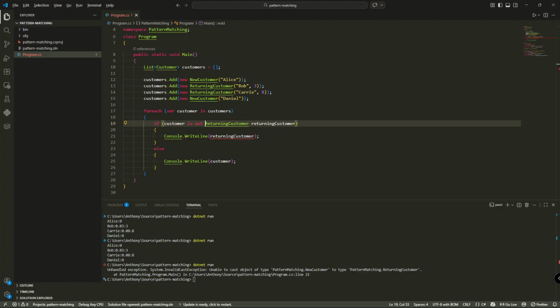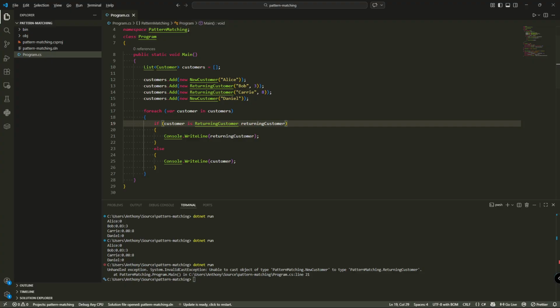So the most common way you see it is this, let's remove the not, some kind of if check where you're checking is it of that type, and it's handling the cast, doing the type check and assigning the variable all by itself. Another time you'll see it is with